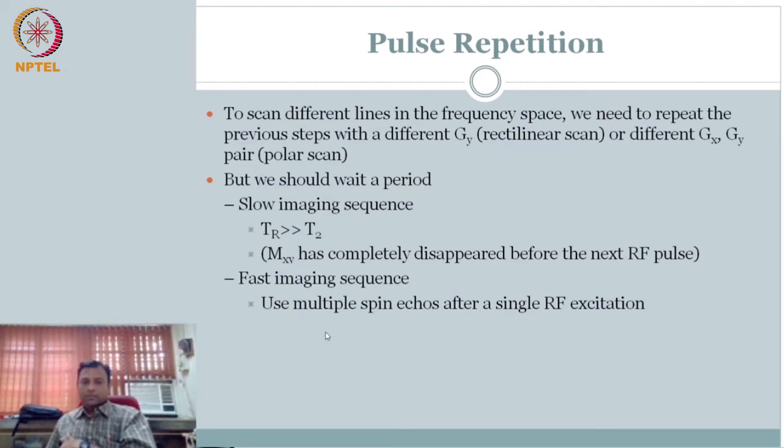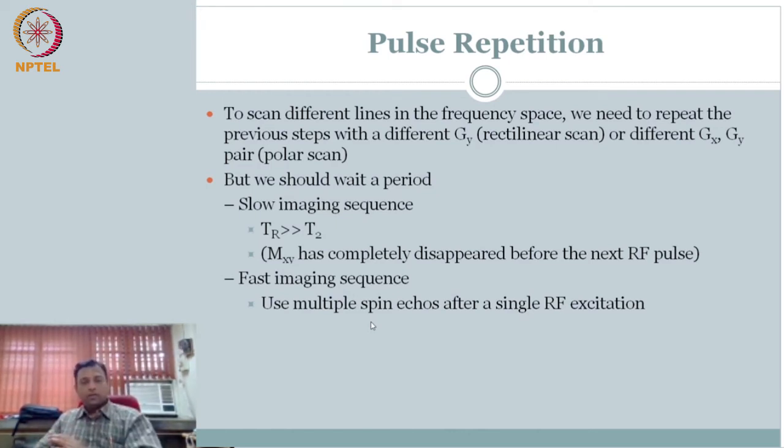But the problem is, I want to do it fast. That means I don't want it to naturally dephase, which takes so much time, and then the spin lattice interaction, your T1, brings it to equilibrium. But if I want to repeat the experiment multiple times, that is, select the same slice, apply different Gx, Gy, same Z gradient, and repeat this several times, I want a better way of losing the signal from one acquisition before I start the next acquisition.